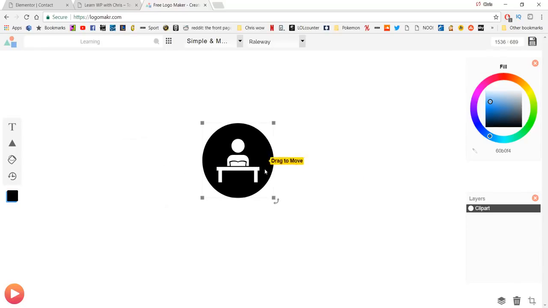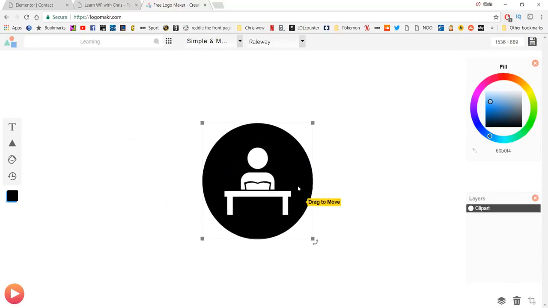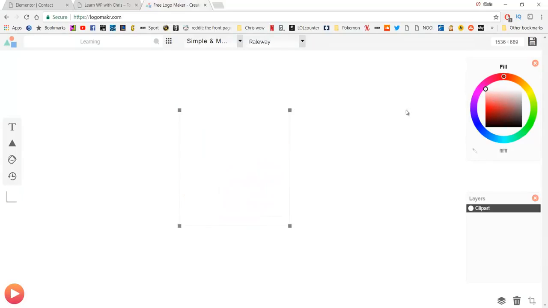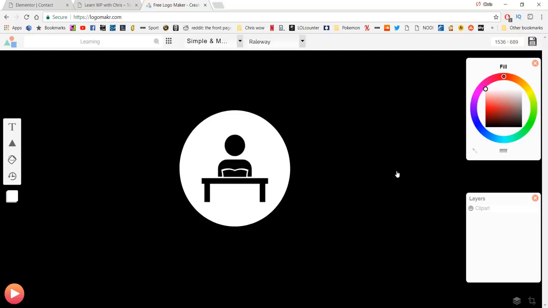I'm just going to use a little icon, make it a little bit bigger, and what I'm going to do with this is I'm going to make this white. And you might have noticed that I can't actually see what I'm doing now. So what you can do is if you right click on the actual canvas here, you can click it to be the black background. So there you go, we can actually see my